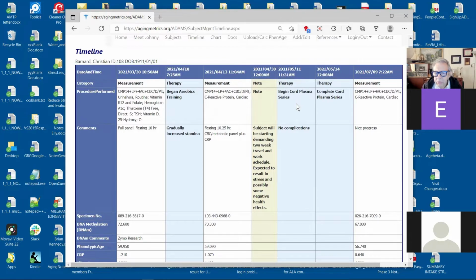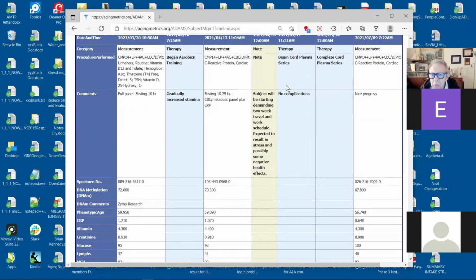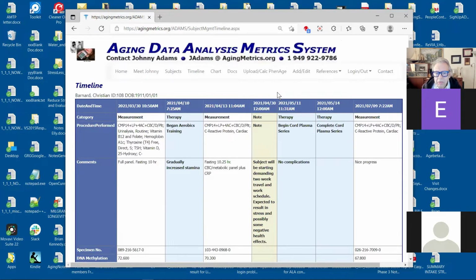Still, later upon return, or maybe while traveling, he began this therapy, and this is a series, so it was completed here with more measurements. Okay, wonderful. Let's take a look at